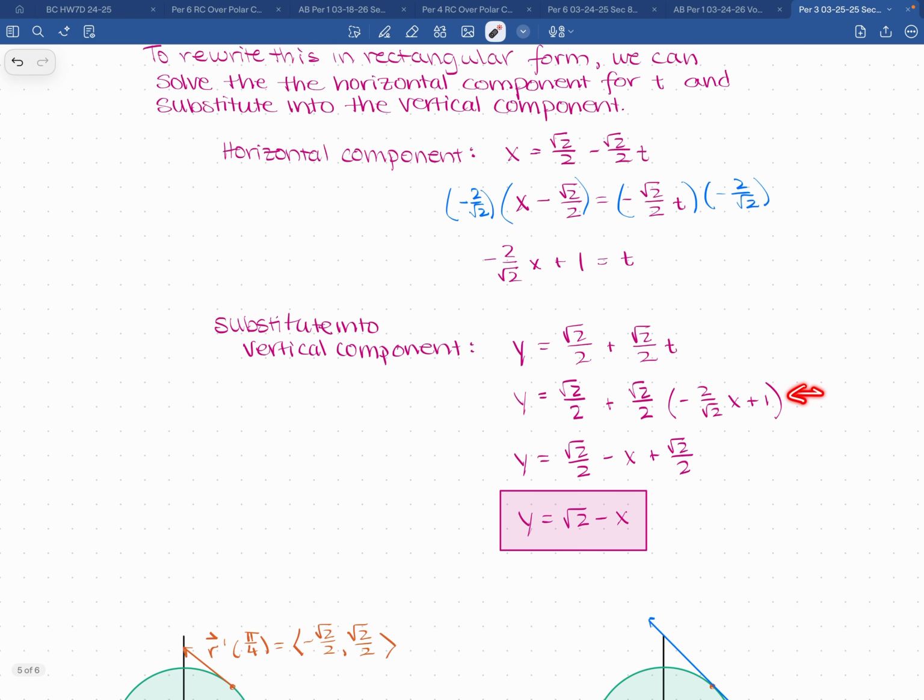Now I have an equation in terms of x and y, and if I just clean this thing up, distribute the root 2 over 2 across here, and combine any like terms that I've got, these guys combine to give me just one root 2, then I get root 2 minus x. And you can see that is a very nice equation of a line. And it's an equation that will intercept the y-axis at root 2, which is about 1.4, and has a slope